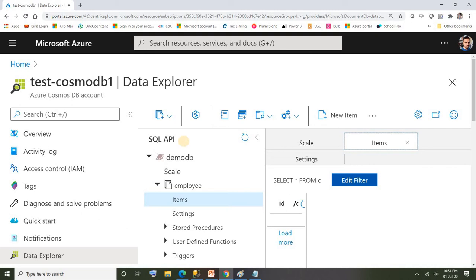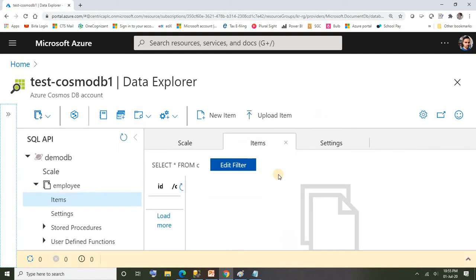As you all know, and I also spoke about that in the previous video, Cosmos DB is a multi-model database because it supports many APIs. Each API has different functionalities, and the data stored in each API is completely different. As it supports multiple APIs, we can call it a multi-model database, and we can also call it a JSON database because the data inside Cosmos DB is stored in the form of JSON.